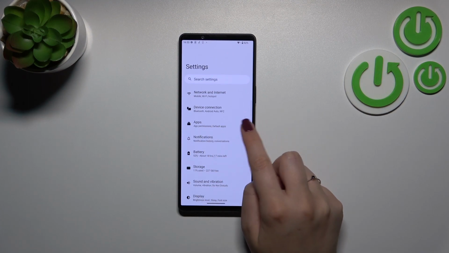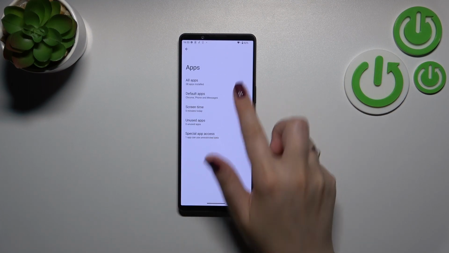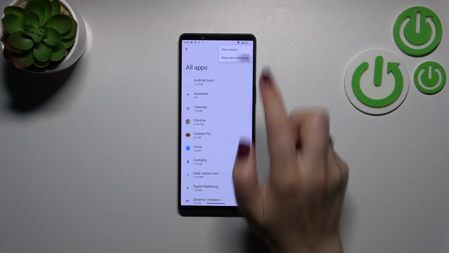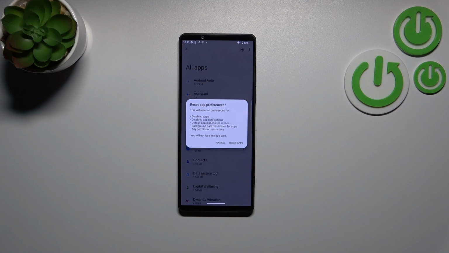They should be on the third position. So let's tap on it and tap on all apps. Now we have to tap on the three dots icon in the right upper corner and tap on Reset App Preferences. And as you can see here, your device is informing you that it will reset all preferences, among others